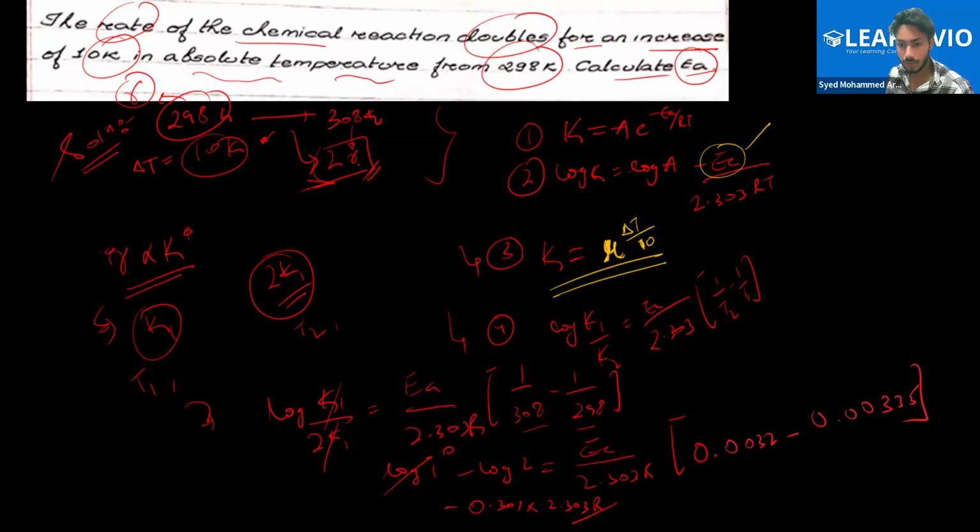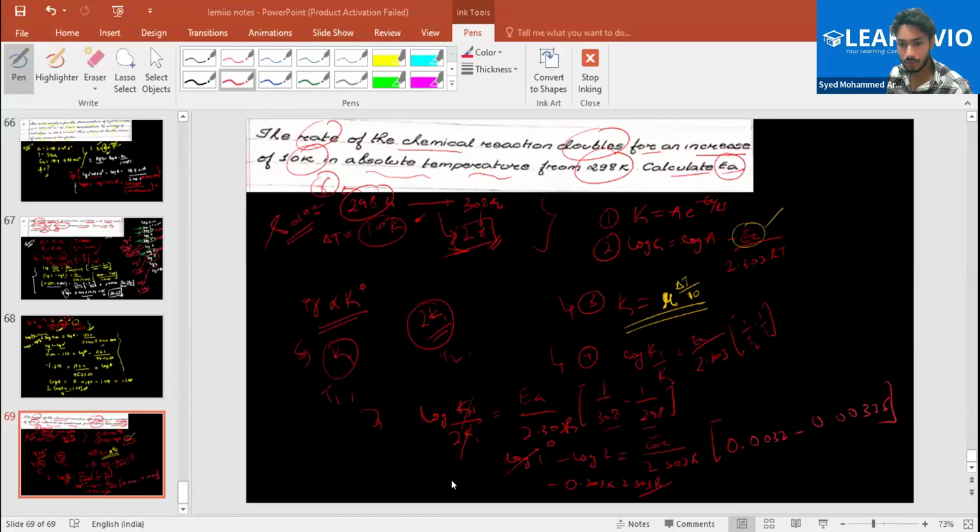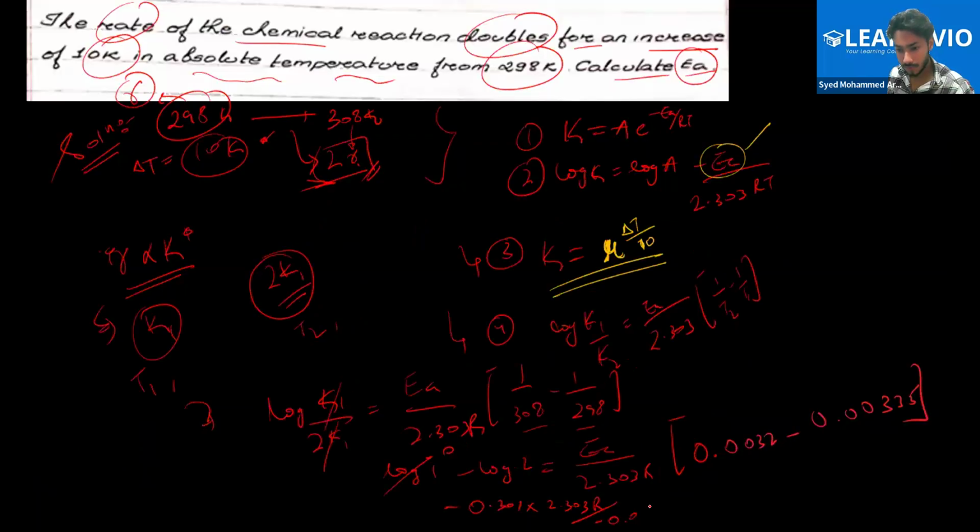If you subtract 0.00325 minus 0.00335, you'll get minus 0.00010, and this point and this point cancel out with each other, and the value of Ea would be